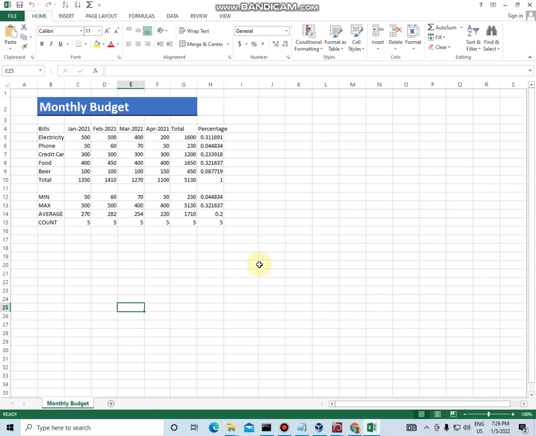Alright, let's continue with the previous lesson. Let's take borders one step further. In this case I will grab from B2 to G2, and this is the place I want to put my border. Then I will go to my home tab. I am already here. If you are not, click on home tab, then back to the border section. We are here.